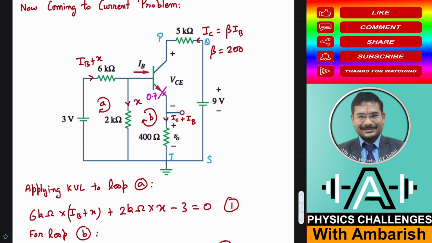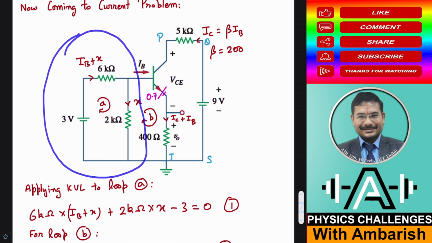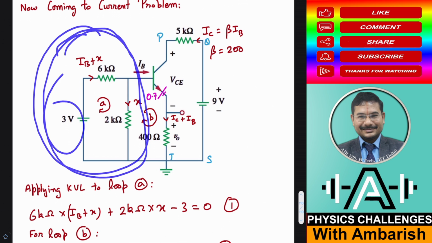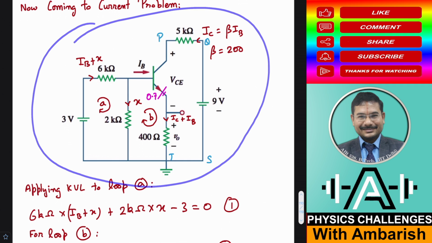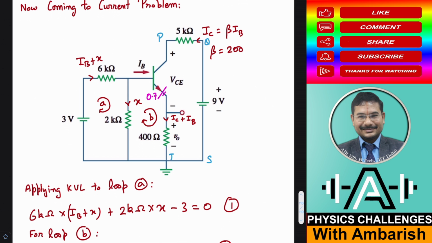Or otherwise, if you want to save some time, you can play a little gymnastics here. You can Thévenize this. Okay, so you can see the circled portion has only resistors and a battery, so you can just make it a single battery and a single series resistor. If you want, you can do that. That's a perfectly valid way of doing it. I like to do it that way, but for the purpose of illustration, I'm avoiding the Thevenin approach. Okay, so I'll do it in the classic way that we do, applying the loop law. So just for the didactics,